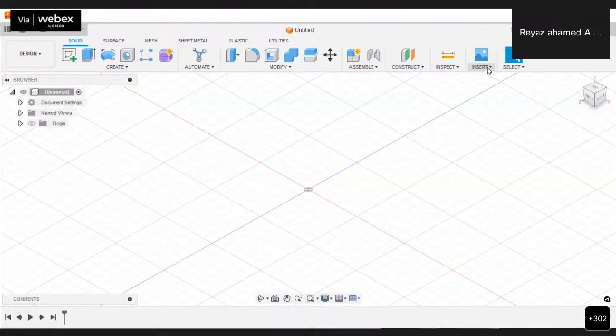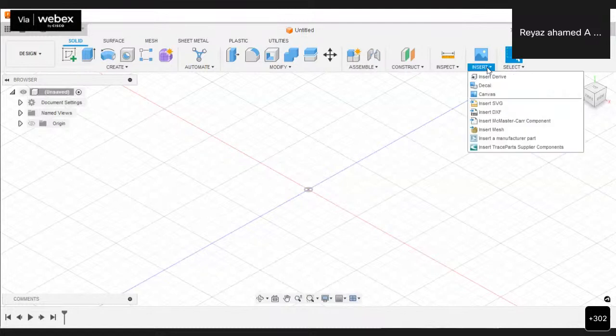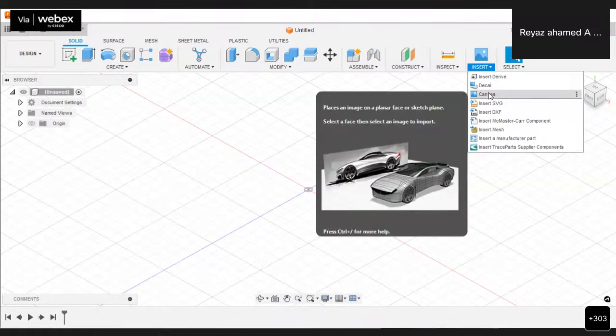There's an option called insert. Let me click here, insert. In the insert menu, a lot of options are there. In that, the third option is canvas, where you can bring an image to the Fusion 360 planes. Okay. So let me click on canvas.